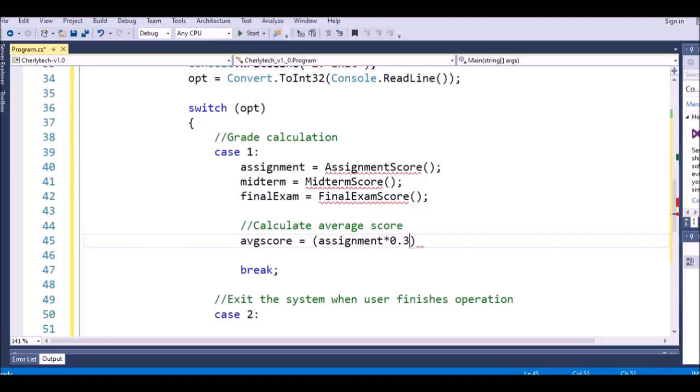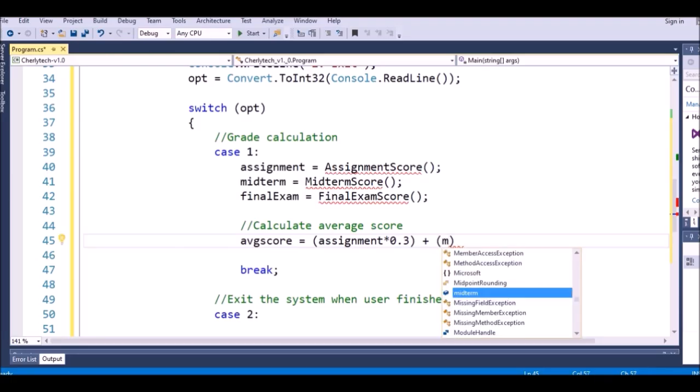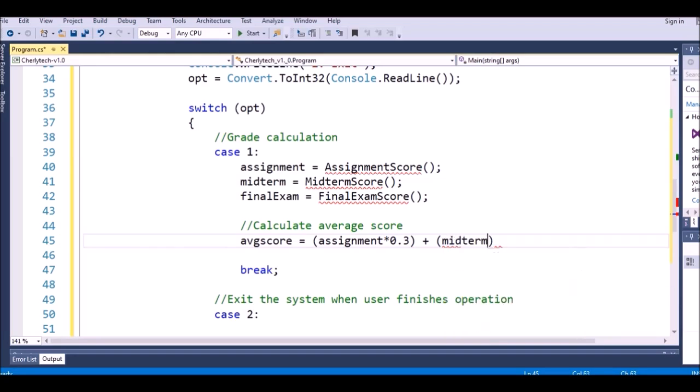So we can multiply 0.3. So after that, plus the midterm. For the midterm we use the variable mid. This one we also give the full score for 30%, so in this case, we multiply 0.3,